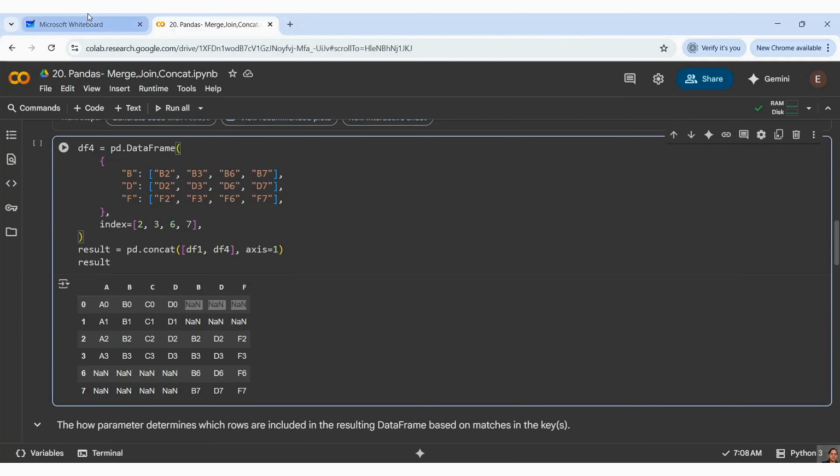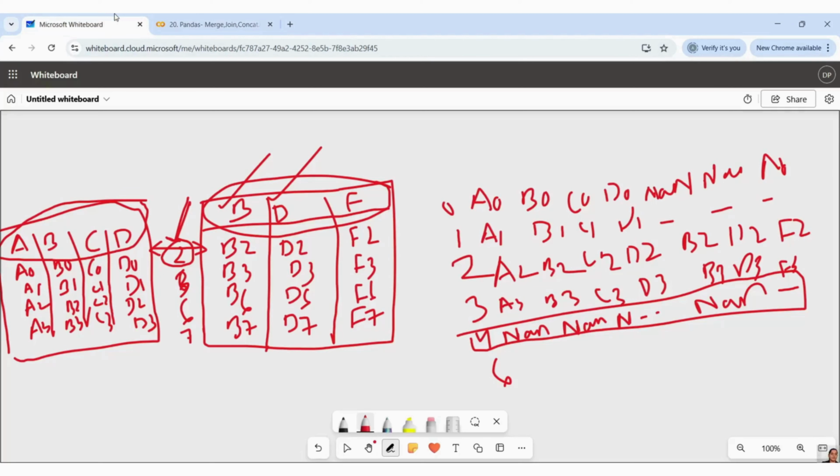We don't have 4th, so my bad guys, I thought 4th is there. We don't have 4th, so it is not giving me the 4th directly. It will give me 6th. 6th actually we don't have anything, so it will give NaN, and here B6, B6, F6, 7th again, then NaN will be there, and here E7, D7, and that's it.